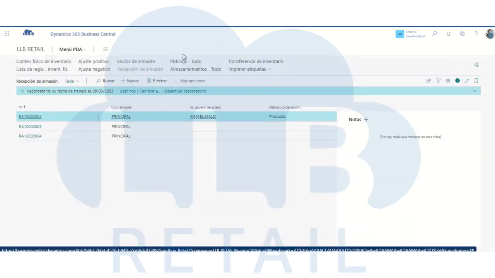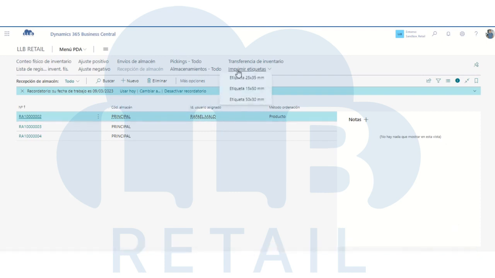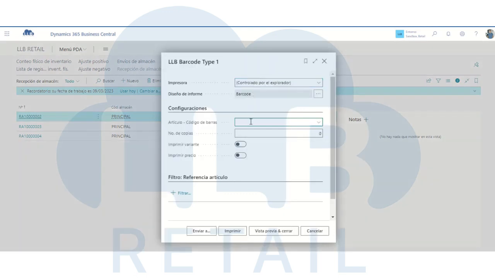Now we go, for example, to the printing of labels. Here we will have several options to use, for example, of different sizes, 25x35, 15x50, 50x30, and so on. Here I'm going to choose 25x35, and I simply select the barcode with my scanner, and